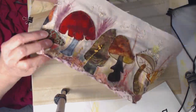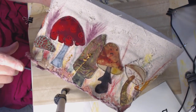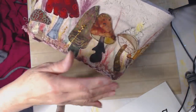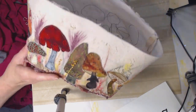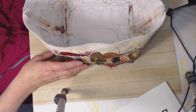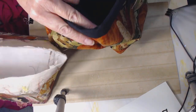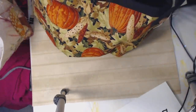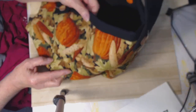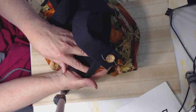So the next step for this basket is to pick a lining and make an inside box just like this and put it down inside. And then you can see that, let me get one back here. Now again, there's lots of different methods on the internet, but this is the one I found that I liked the best. I wanted my front and my inside